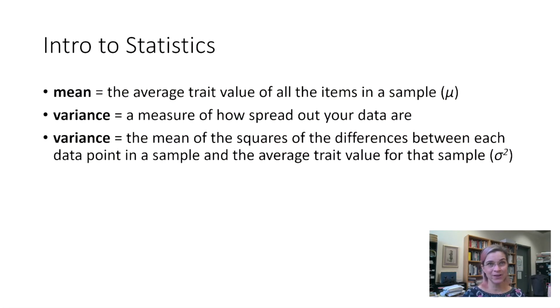So variance is the mean of the squares of the differences between each data point in a sample and the average trait value for that sample. And it is represented by the symbol sigma squared. So let's look at how variance changes for different